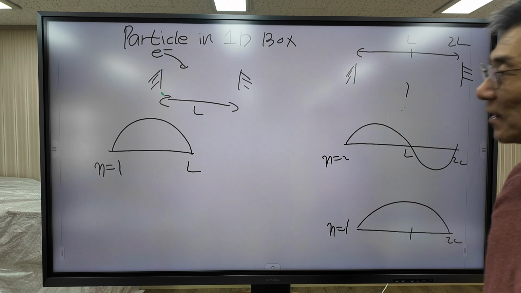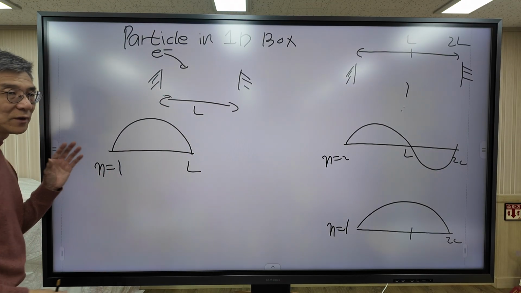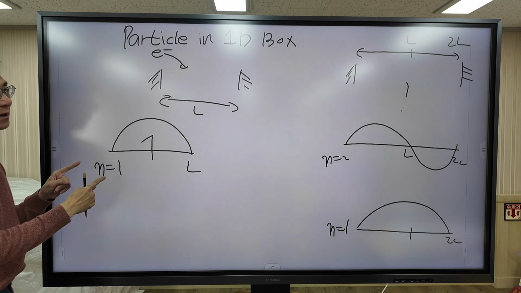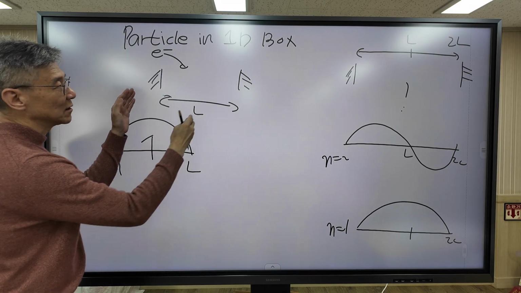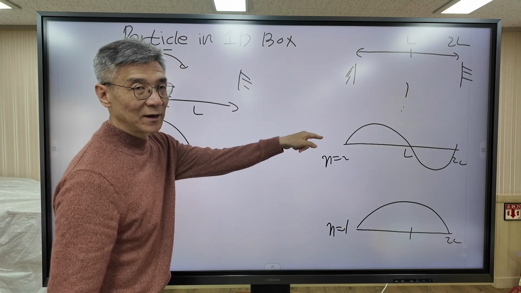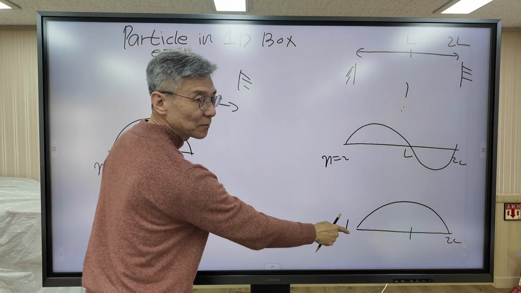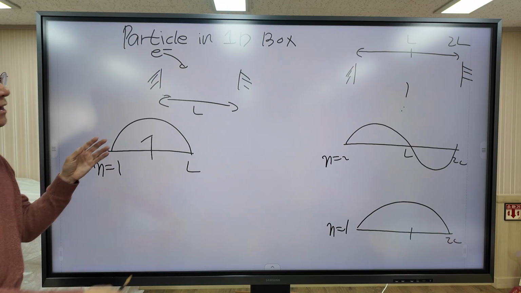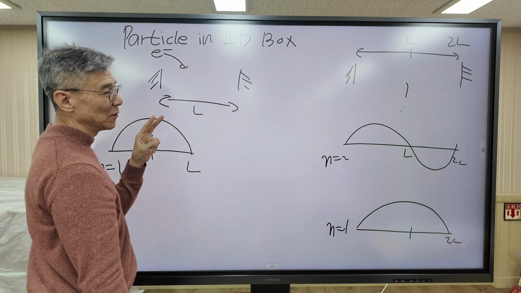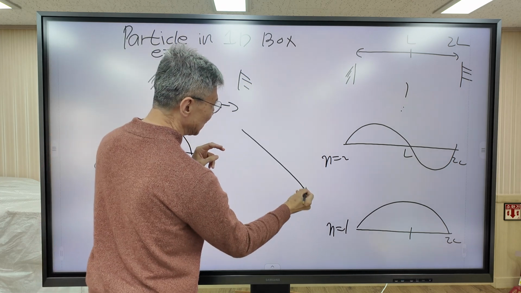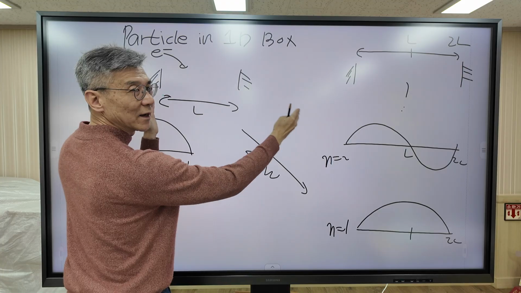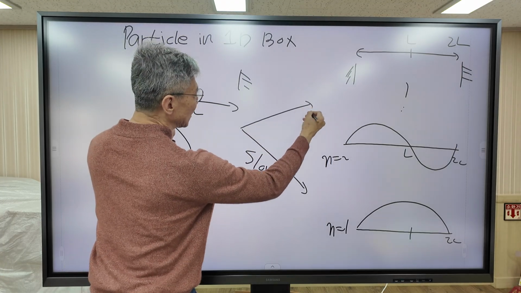Now, assume the electron is in the n equals 1 state. I'm going to increase the length of the box from L to 2L. So the final state is this one. Now there are two ways to increase the box from L to 2L. First method is slow: I'm going to increase the box slowly. And the second method is fast.